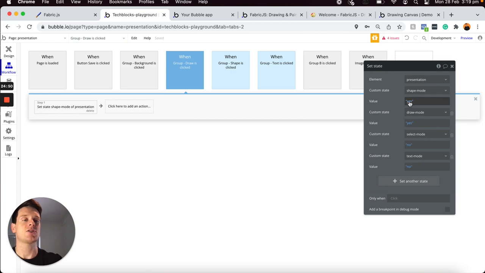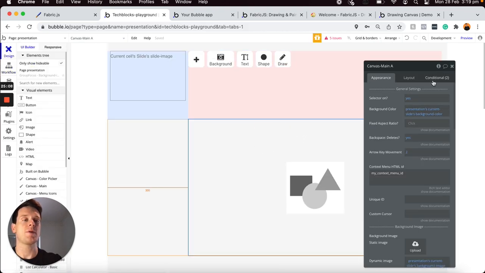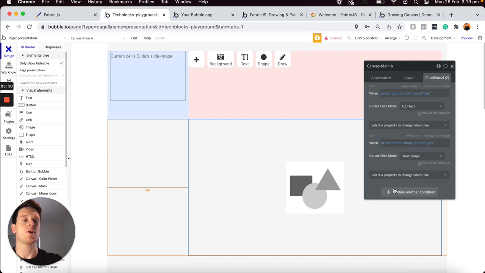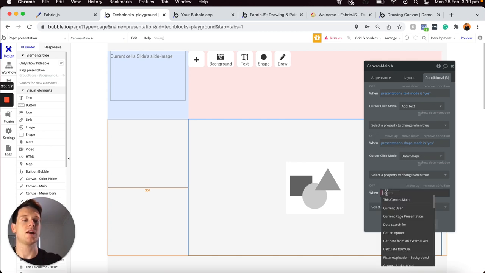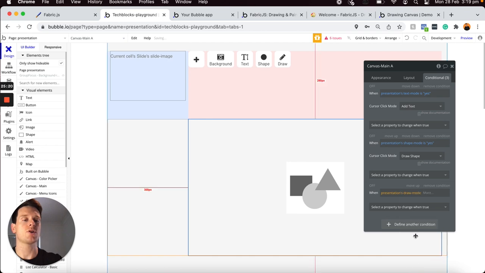And then I'd just like to switch off the shape mode state to be no, and just double check that all of my additional custom states are also set to no. I'm then going to jump back into my design tab from here, click on my canvas, open up my condition tab, and define a new condition. In this case, I'm going to recognize when the presentation page, when its draw mode custom state is yes,